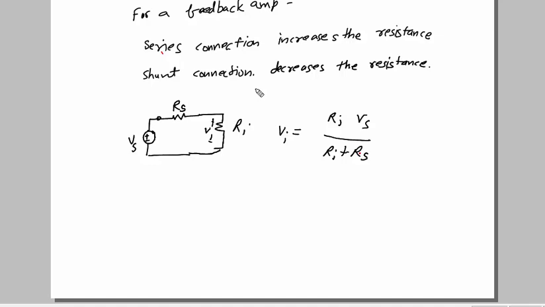Okay, here I have used a simple voltage division rule. Now what happened is, this is the voltage source. Okay, and this is the input resistance of the basic or main amplifier. Now what you want?